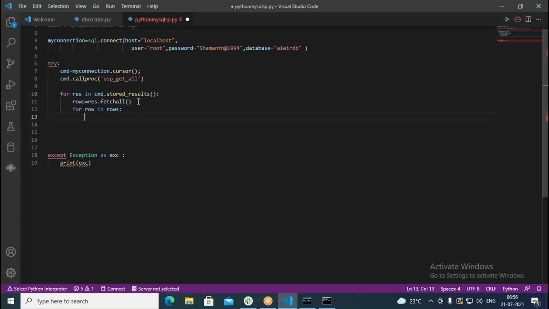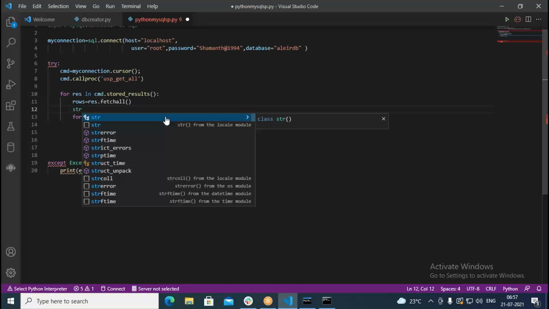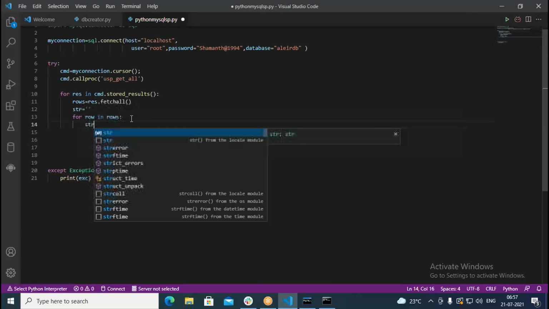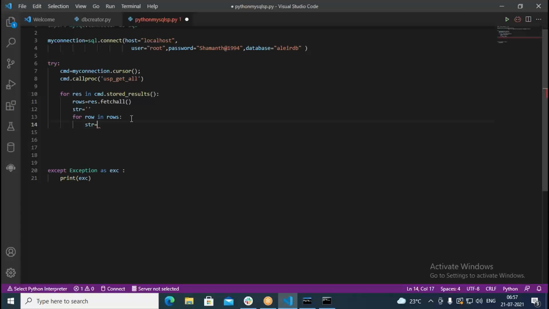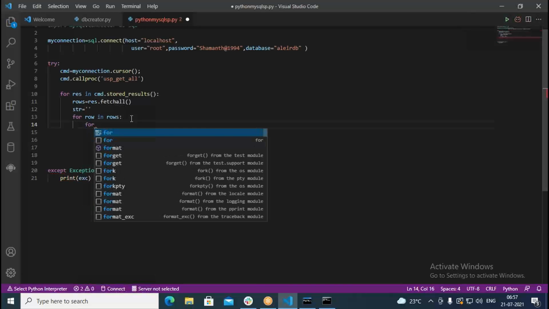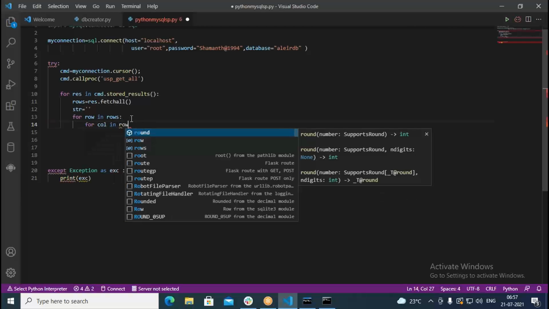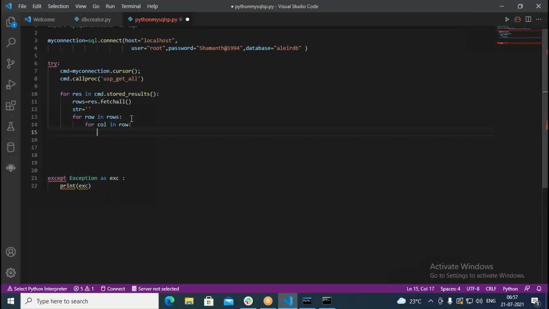Before this, I can declare a variable str, which is nothing but an empty string. So first, str equal to empty string. Here I require another loop: for col in row. One by one column I want to retrieve here.